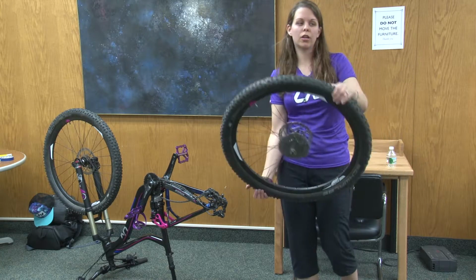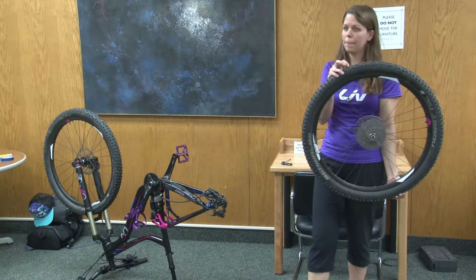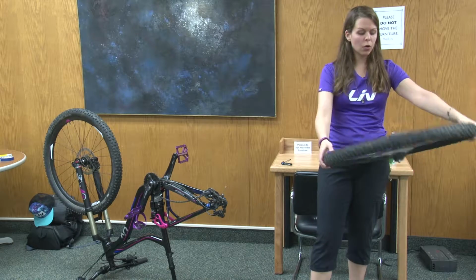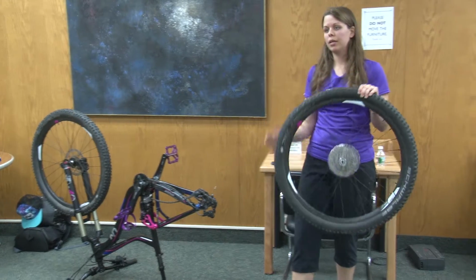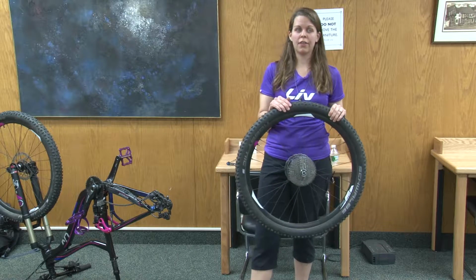You can run over up to, I think, just under a quarter inch of something as a cut in the tire, and it will seal itself back up. Even though this type of tire setup is really nice for riding, you can run those lower pressures, I still carry a tube with me, because the downside of tubeless tires is if I'm running pressure that's too low and